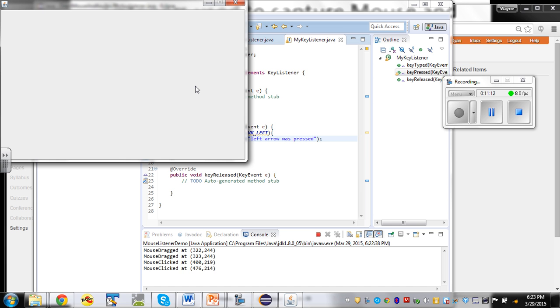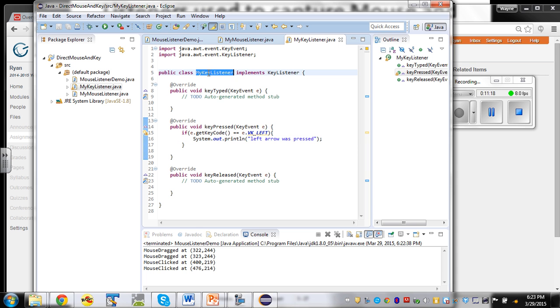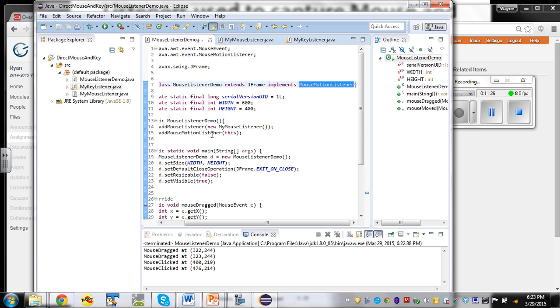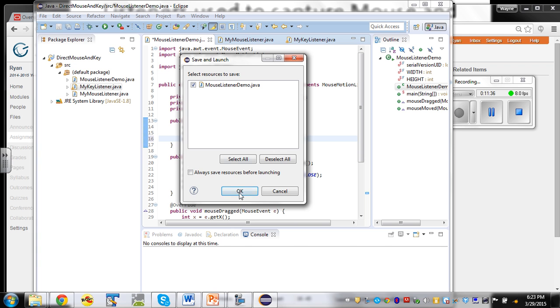Silly me, I made a common mistake. I've created the class, but I've forgotten the last step. I haven't registered my key listener as the key listener for my demo. Okay, so now I've added the key listener as the key listener for my demo. If I run it, hopefully,